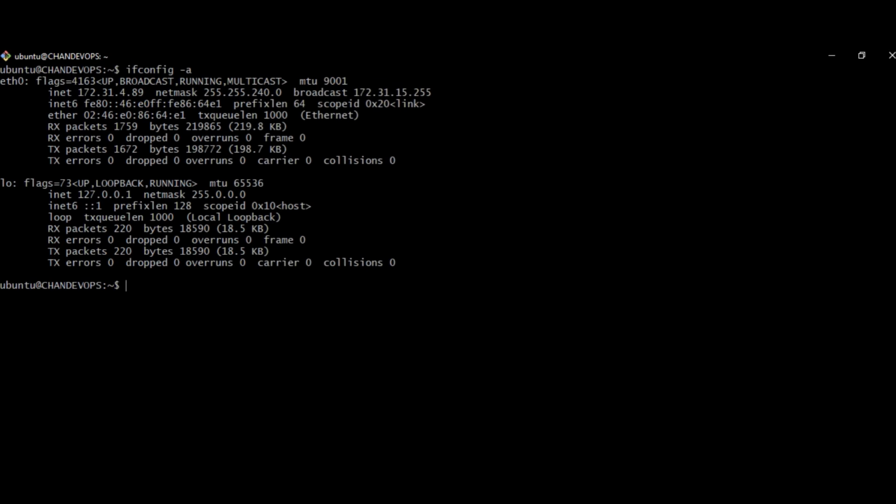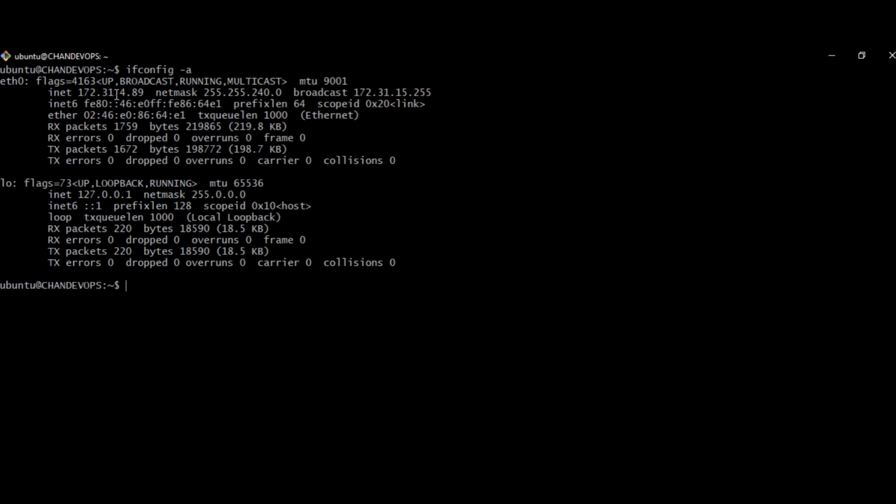And the next one is ifconfig -a. This command is used to view all networking configurations and settings of my server.